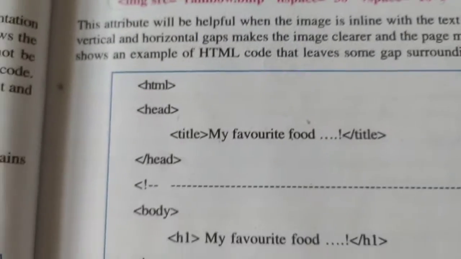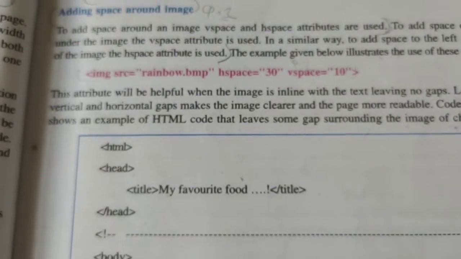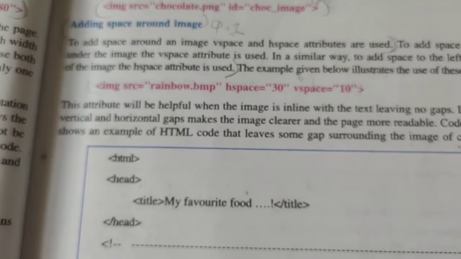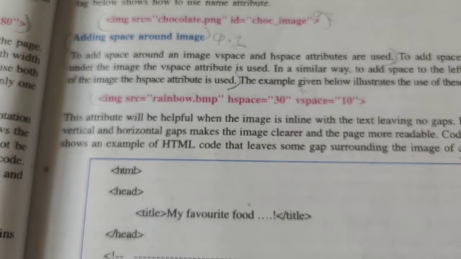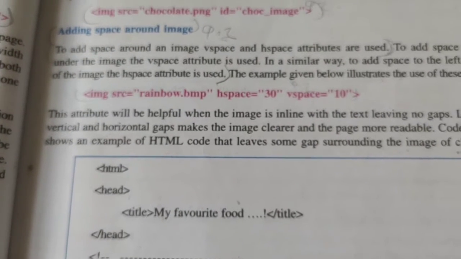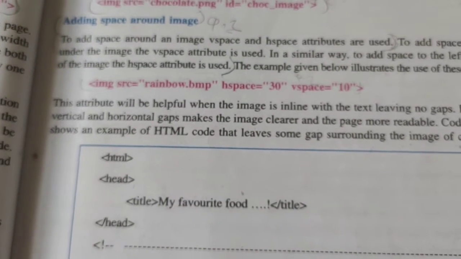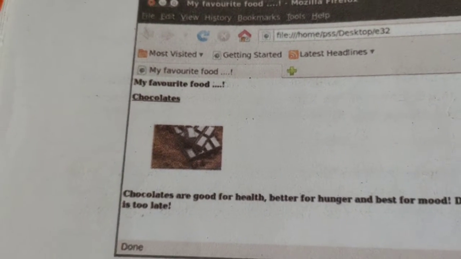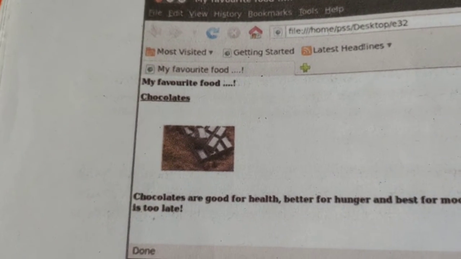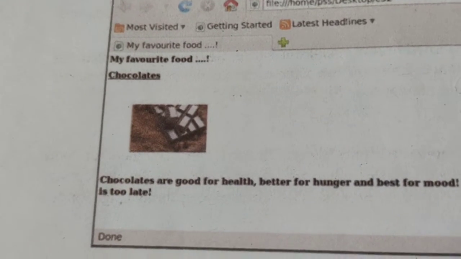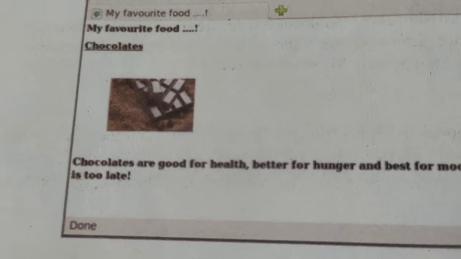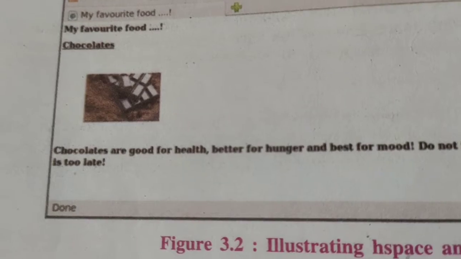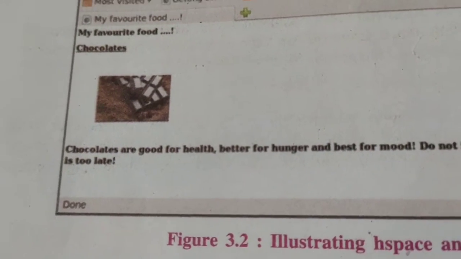Then your image will be particularly 30 from the left and right side, and for the top and bottom it should be 10. Then your image should be in proper middle form. Like you can see, from the above side it has taken from the chocolate the title, after that 30, and from down it has taken 10. Then your image is in proper middle form in left align.